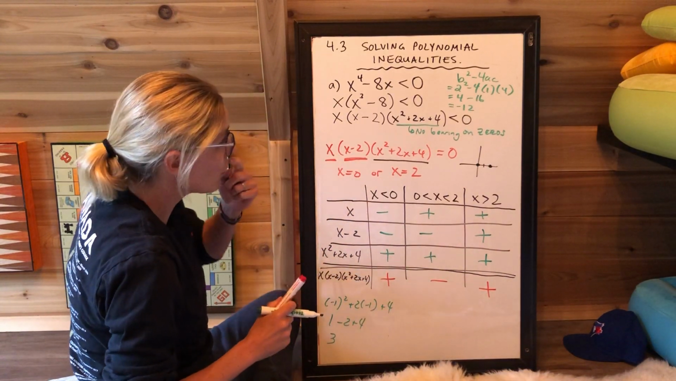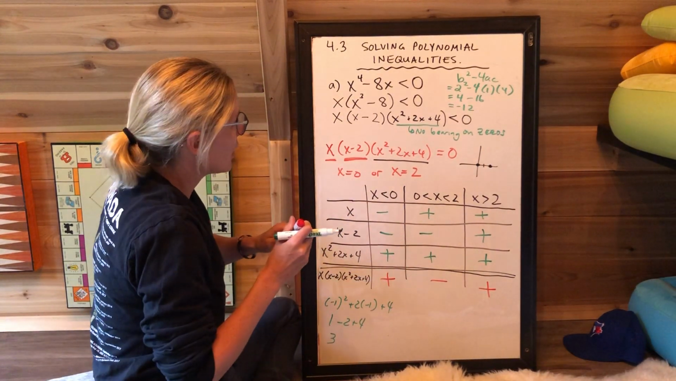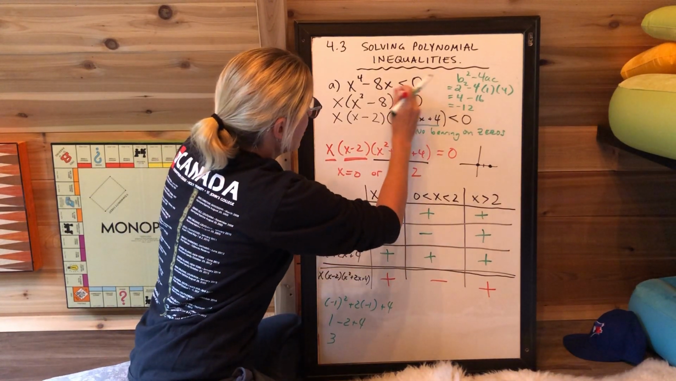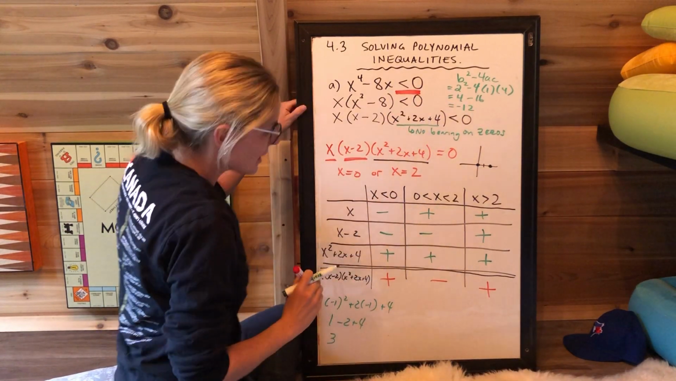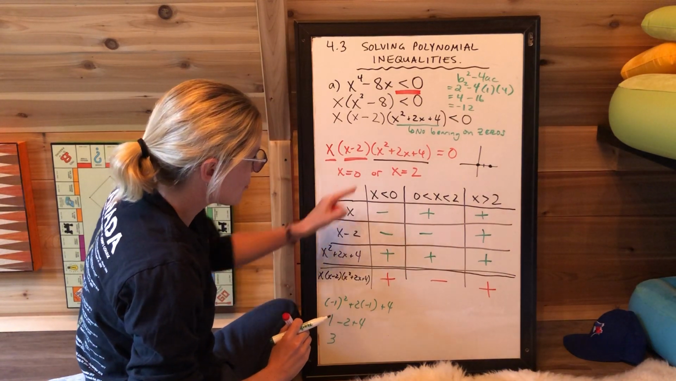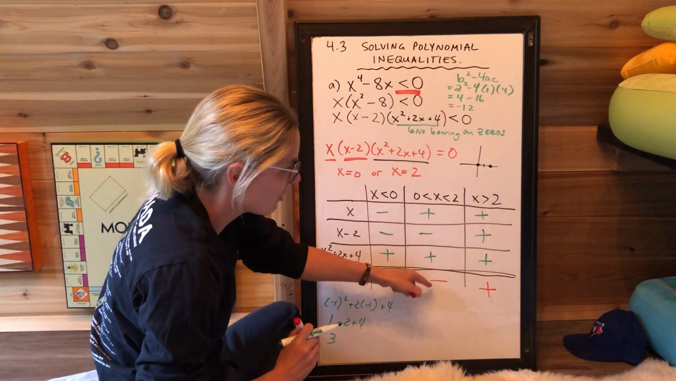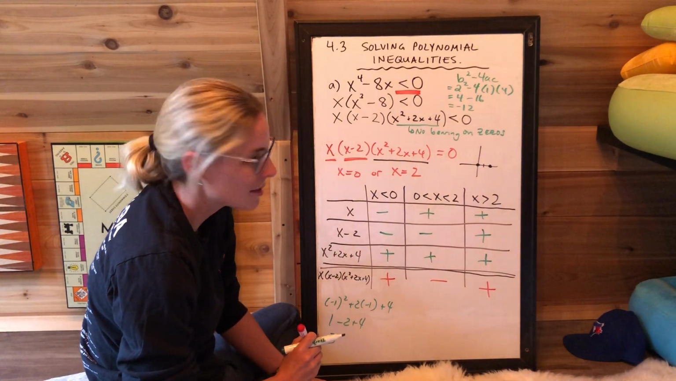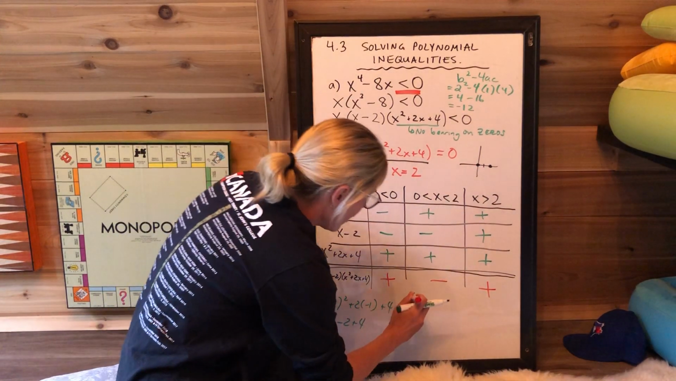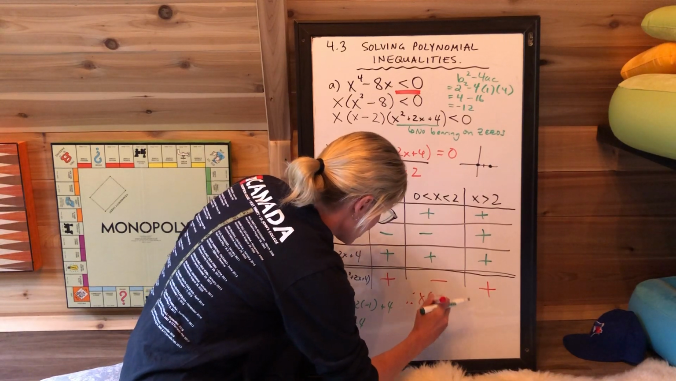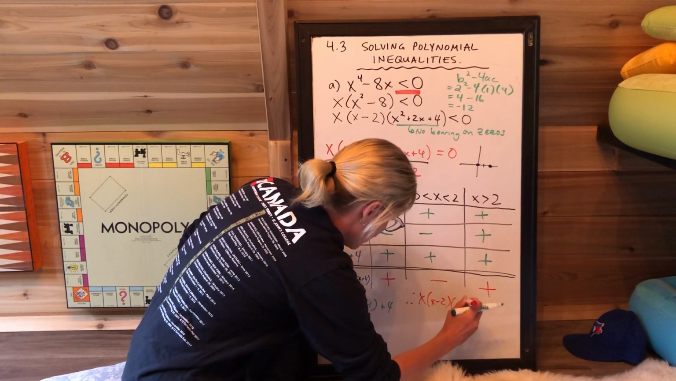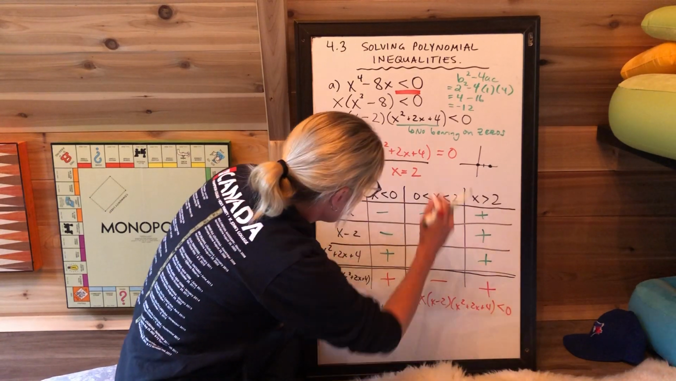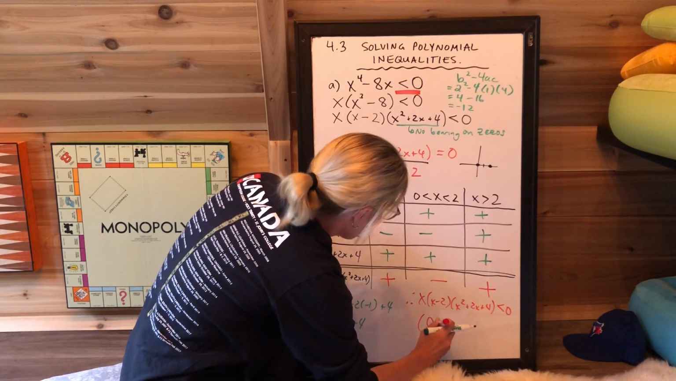Now, you have to remember what the question asks you. And I don't think I even talked about this in the last example, so this is important. It asks, when is this less than 0? Well, it's positive here, it's negative here, it's positive here. What does less than 0 mean? Less than 0 means it's negative. Therefore, this function, x minus 2 times x squared plus 2x plus 4, is less than 0 on this interval from